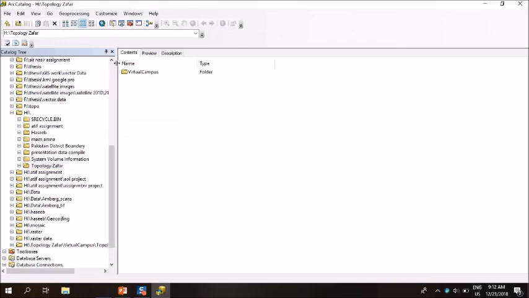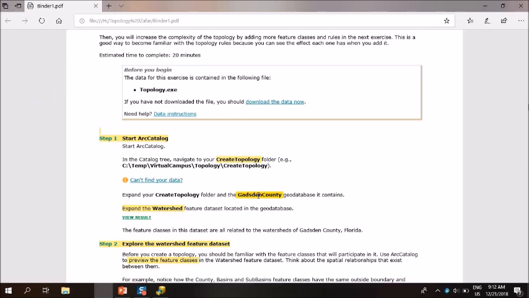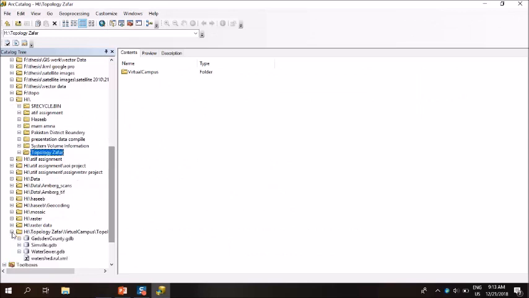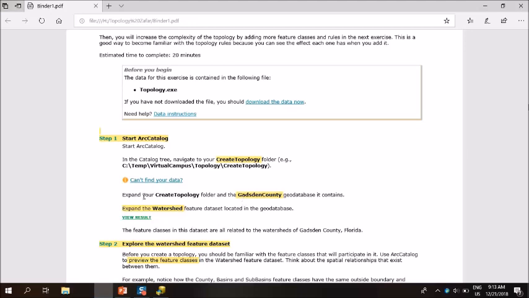Now it's opening. After opening the Arc Catalog, you have to navigate to the folder create topology, in which your data is available. So here is the folder which is known as the create topology. After navigating to the folder, we have to expand the create topology and move toward the folder Kensington country. In Kensington country, we have to find the watershed